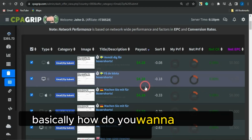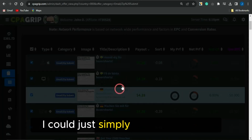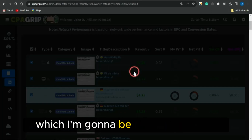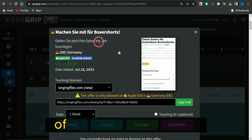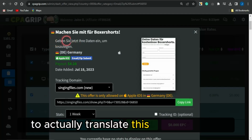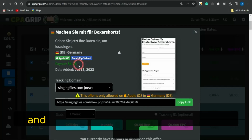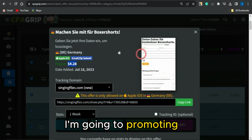But how do you want to promote this offer? Supposing I want to select this offer right now, I can select it and I'll be able to see more details once I gain access to the pop-up, which I'm going to show right now. Here you can see more details about this offer, and you can use Google Translator to translate this text and get more details. Once you're done with that, you can check out the details, and this is the payout for the offer. You can simply copy this link and promote it using a paid